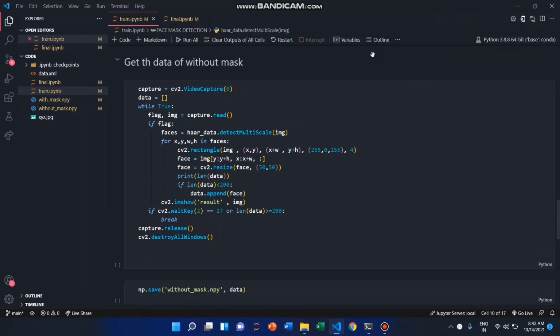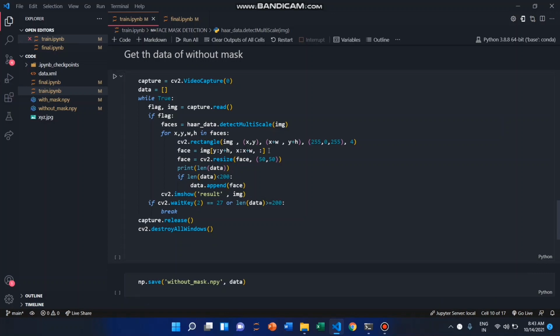Now it is time to get the data without a mask. So we run the following command, where we use a while loop with the capture read method, which reads the face data and stores it in faces, which detects our face from our image. Then we use the rectangle method to draw a rectangle on our face, and also the resize method to resize our image data.